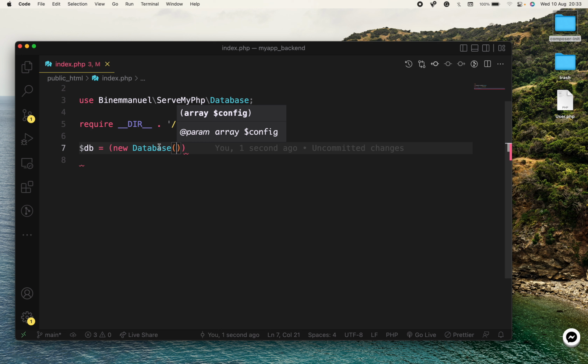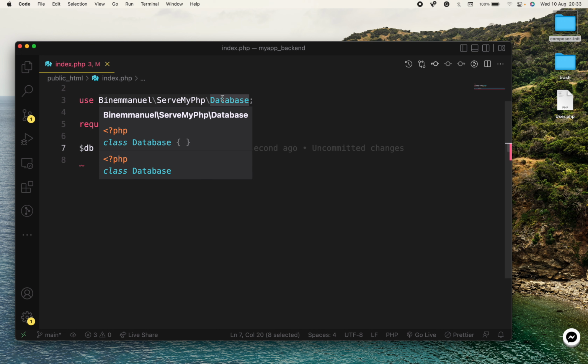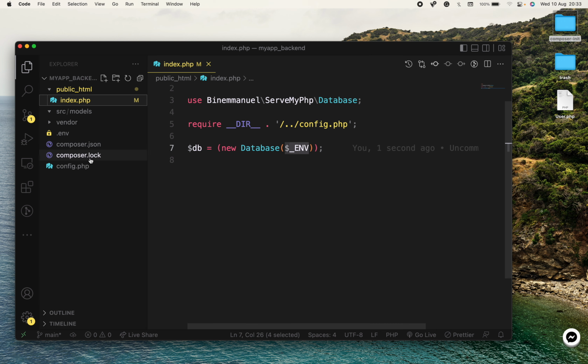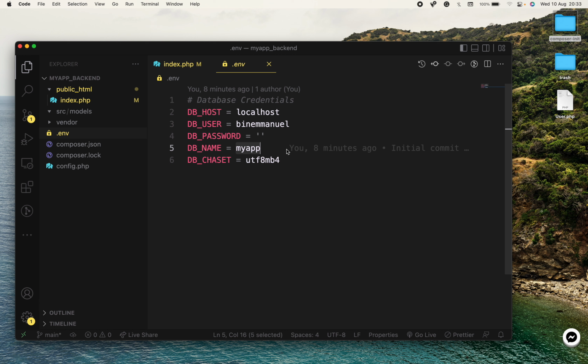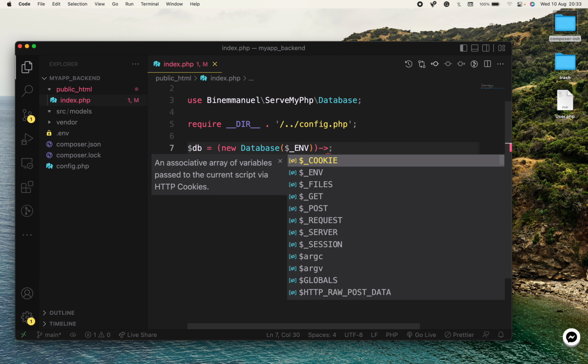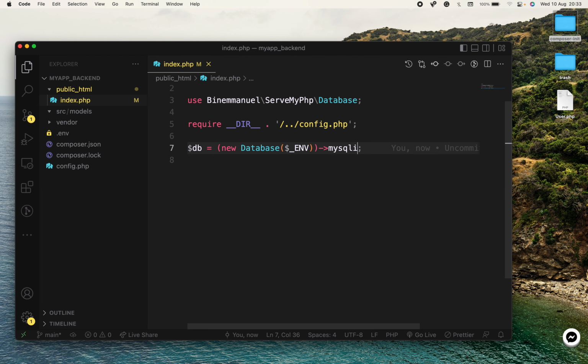So database is a class that the Serve My PHP package provides. So you don't need to do too much. All you need to do is just pass a configuration to it, which is basically the env, which is basically everything we have in the env file, because this is where we created the database credentials. And so you now get to use it in here like this, and then you want to select MySQLi, because